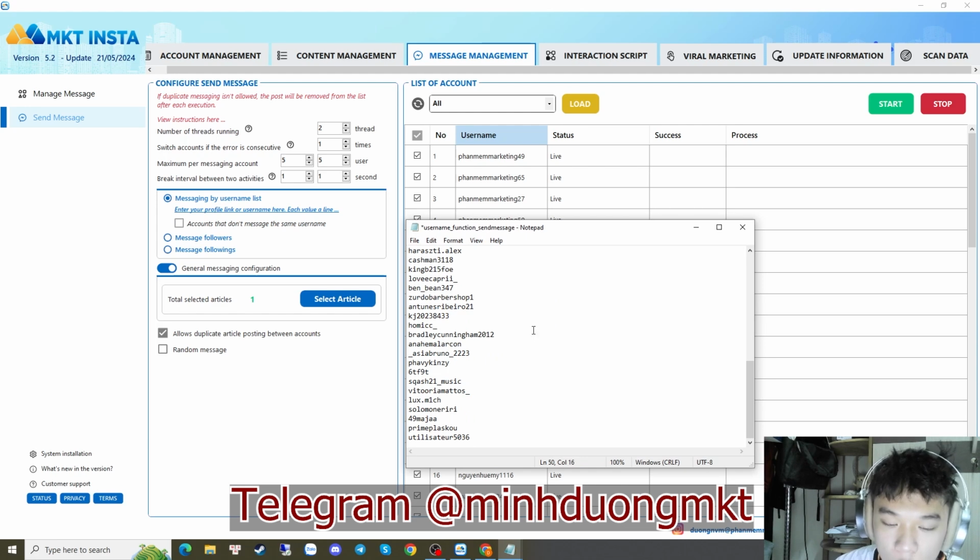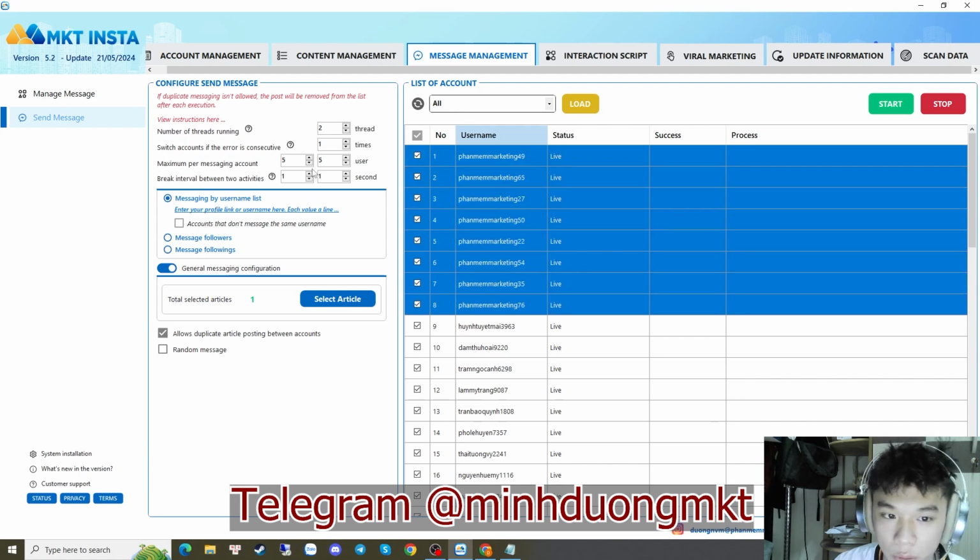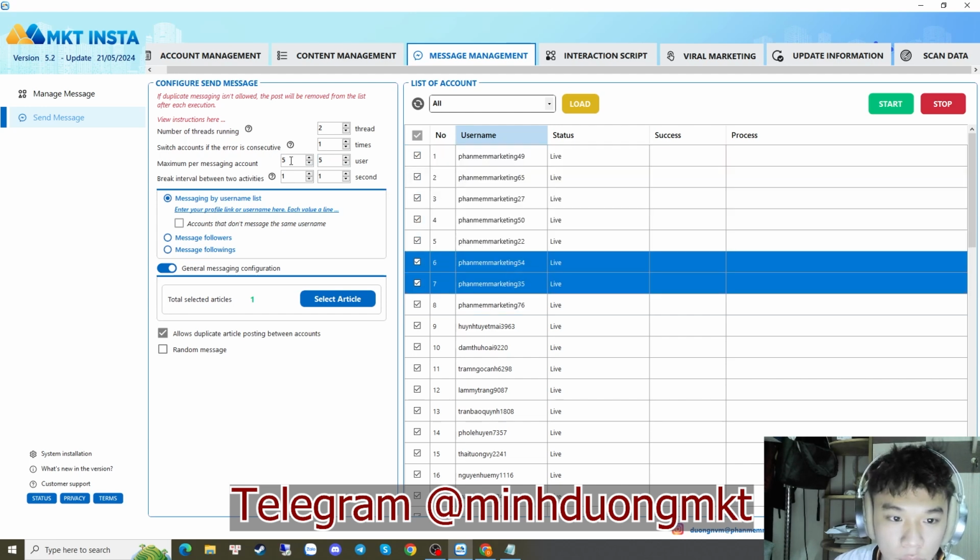Here you're gonna paste all the usernames that you scraped out with the scan data feature, and you can set up how many users you want to send to per account. So for example, you want each of your clone Instagram accounts to send 5 messages to 5 different usernames. So set it to 5. The limit that Instagram tells us is 100. So you should be sending no more than 100. But I would recommend you send somewhere around 10 to 20 a day, and you can keep sending them,